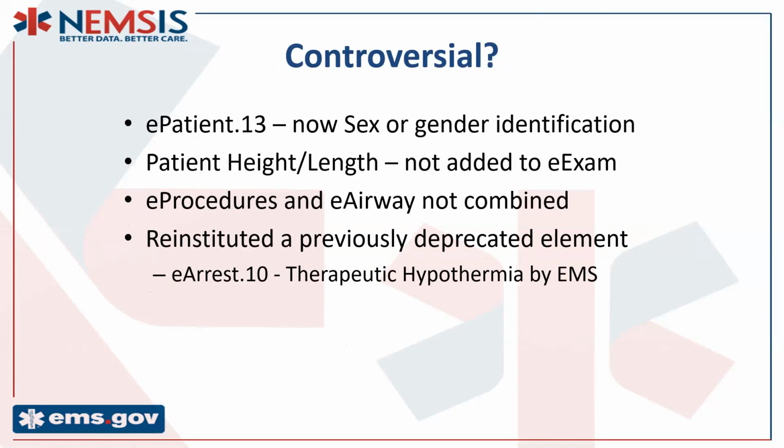E-patient 13, patient sex, was clearly just anatomical sex in the past. We received a number of requests to have gender identification included in the NEMSIS standard. Do we need to add another element for gender identification? What we ended up doing after much debate was just changing e-patient 13 to include sex and a handful of gender identification elements. There were over 15 different gender identification elements that were requested to be added, and we did not add all those. We added some